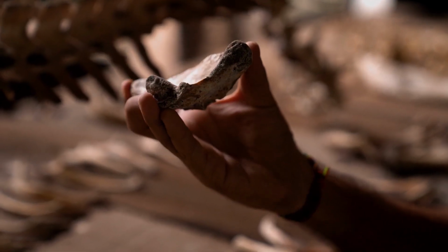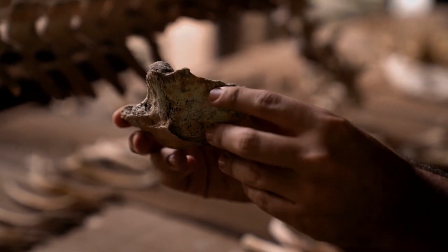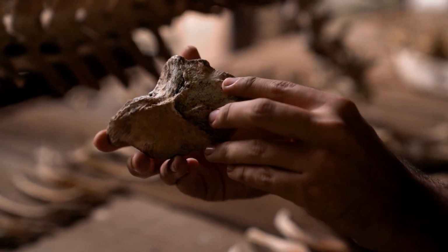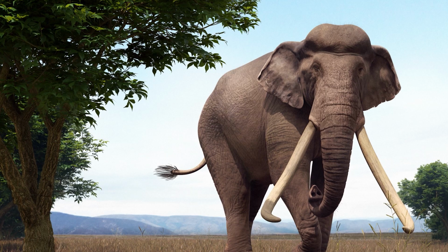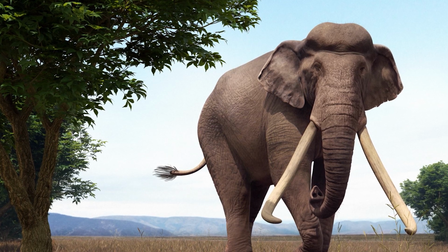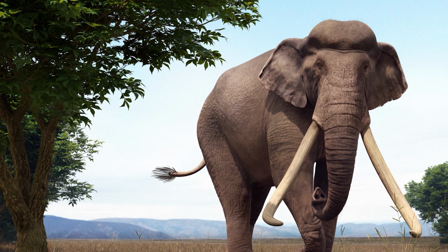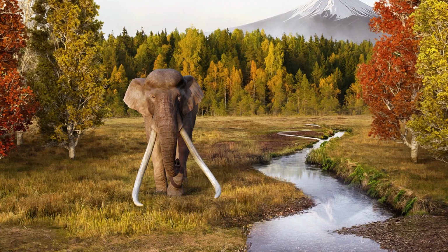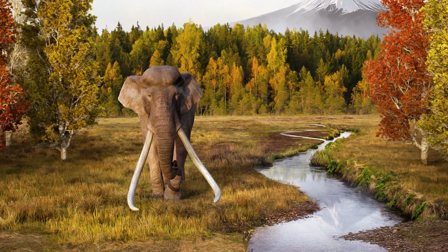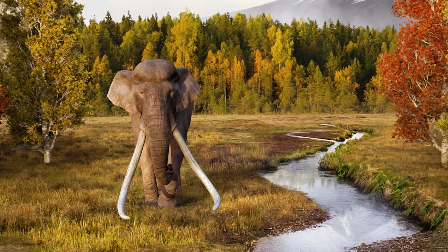The researchers determined the elephants had been hunted and not just scavenged because of the age and sex profile of the remains found in the quarry. Most of them were males, and there were few young or old ones. Adult male elephants would have been easier to hunt than females, who tend to move in herds protecting their young. Whereas adult males are solitary animals most of the time, so they are easier to immobilize, driving them into mud